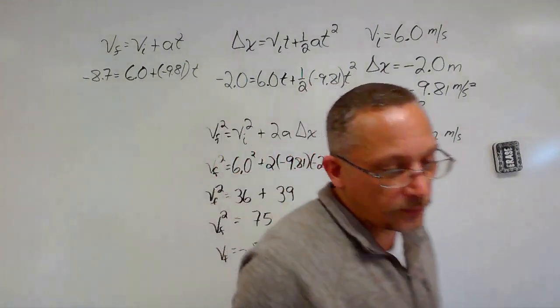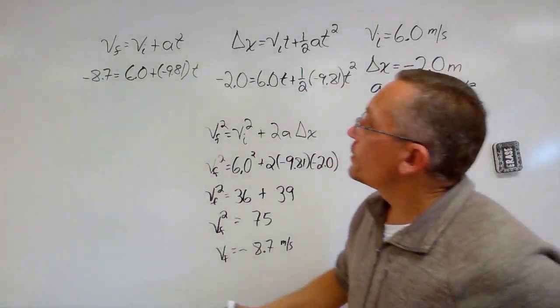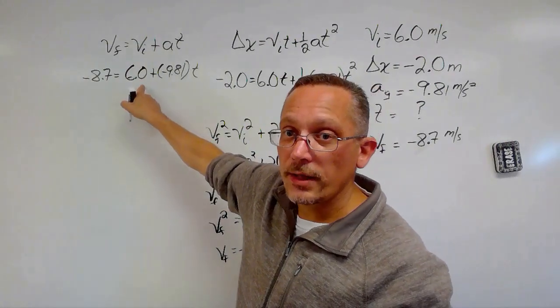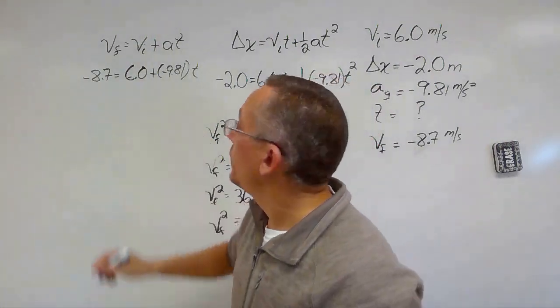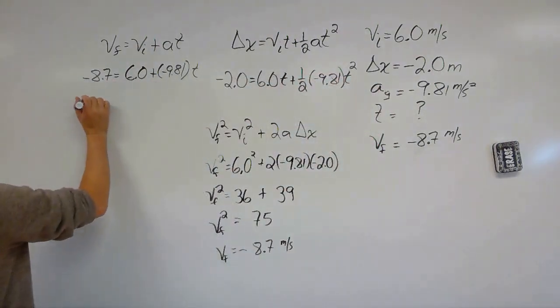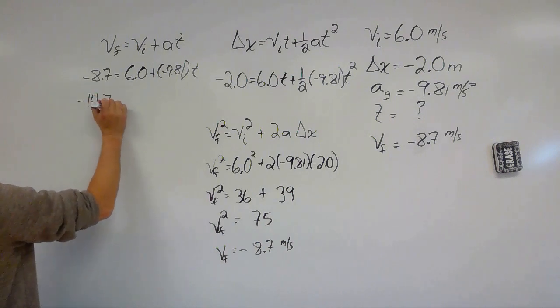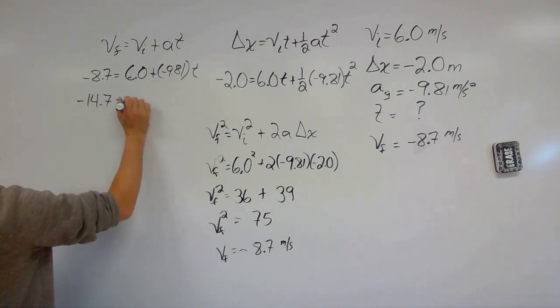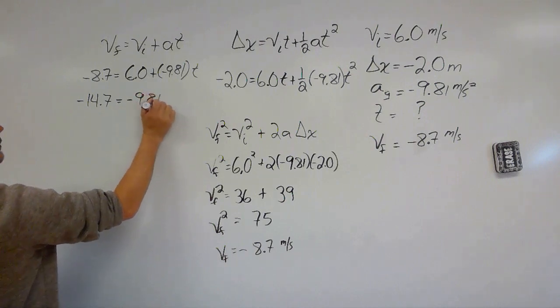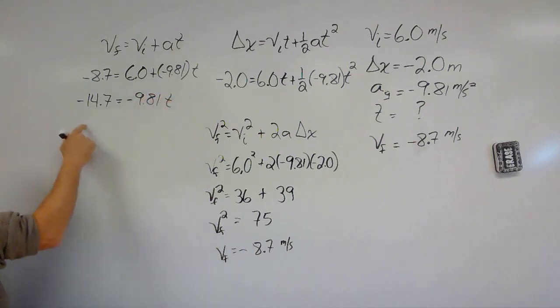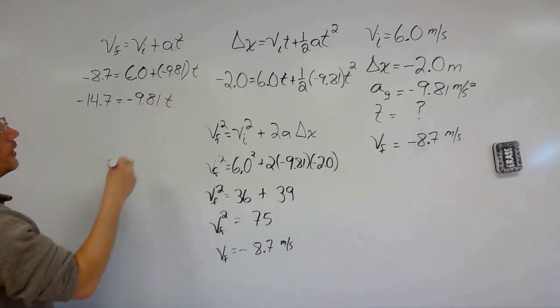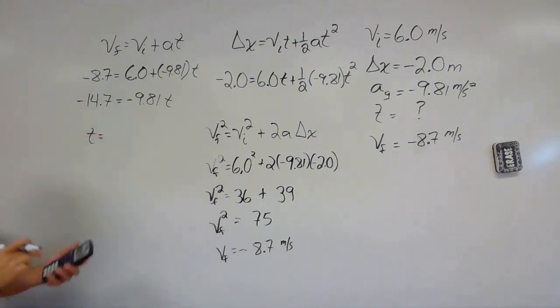We'll solve this equation and figure out what we're looking for here. So I'm going to subtract that 6.0 to the other side. So that will be negative 14.7, and we have negative 9.81 times T. And then we'll divide both sides by negative 9.81. So T equals,